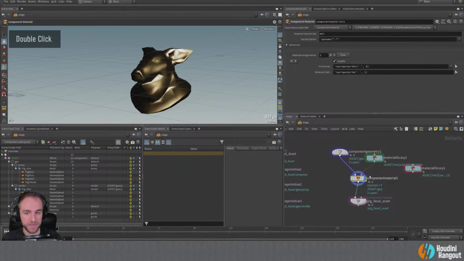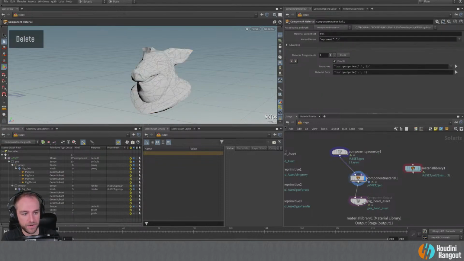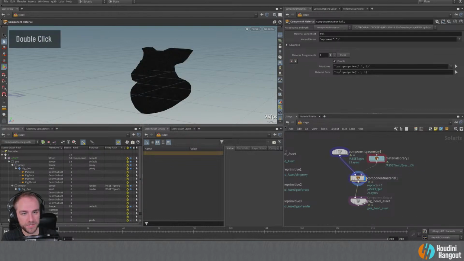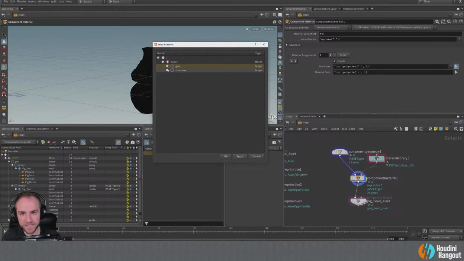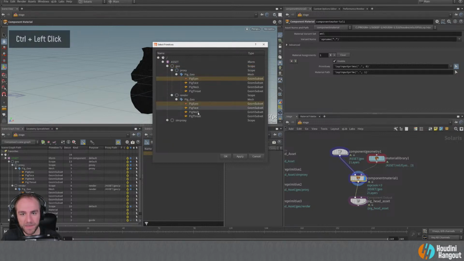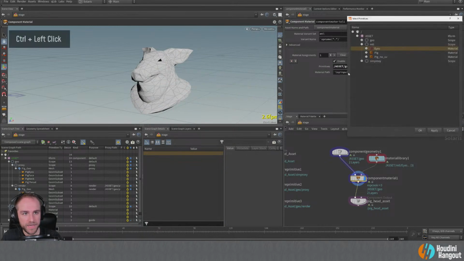So, all right, we've got this, but let's actually assign it the right shaders and colors and all that stuff. So let's just take this out, put that in. And so now we can just do our assignments here. So I'm going to hit Control and hit this arrow, and that's going to allow me to pull up this little select primitives dialog. This is the second kind of way that you could set this up, right? So for example, we could just get render and proxy. We could grab the pig eyes from both of them. Oops, sorry, I could do it like that and say, okay, there we go. And then here we can grab the eyes, apply, okay, cool.